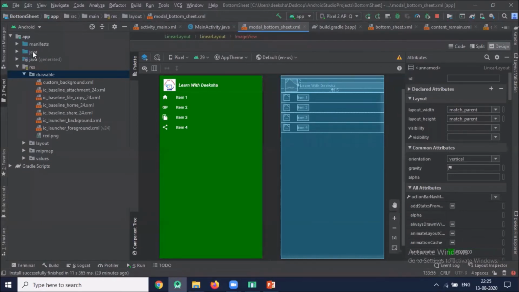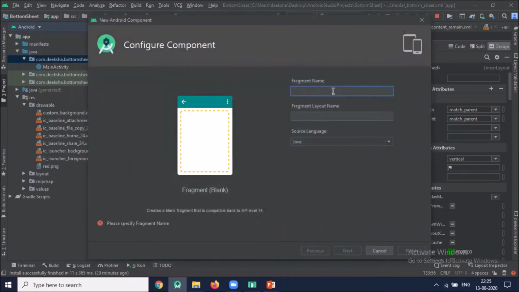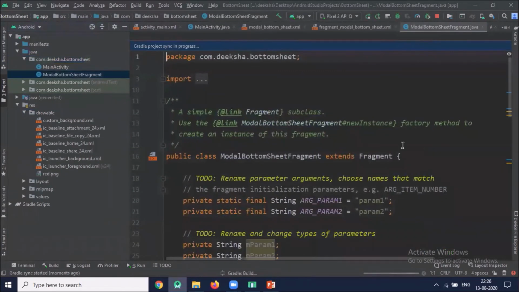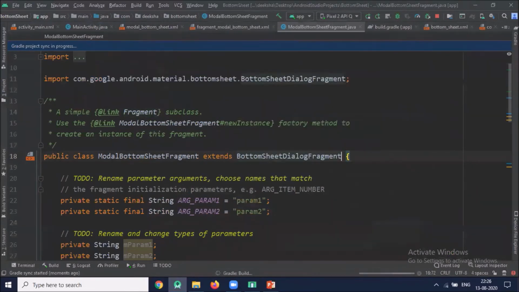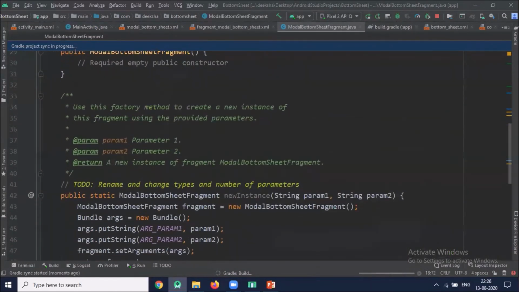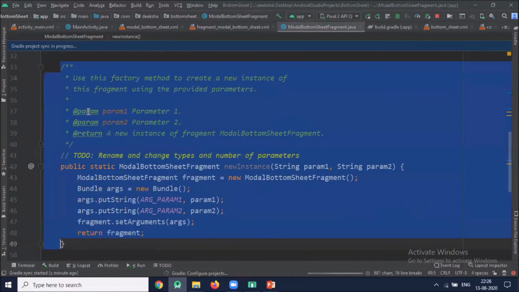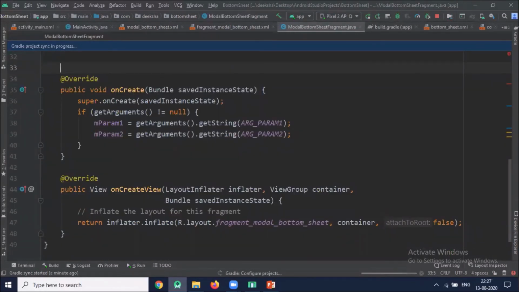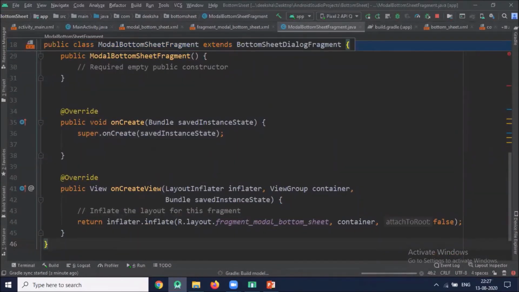Now we create one fragment. And this class extends bottom sheet dialog fragment. Here I'm going to remove some unuseful code. Now inflate the layout for the fragment.